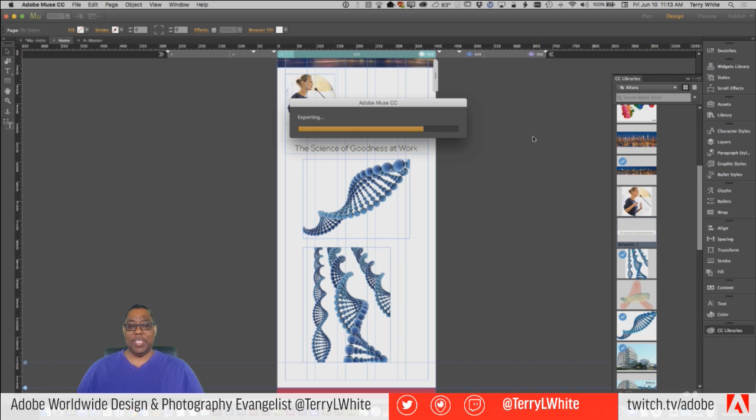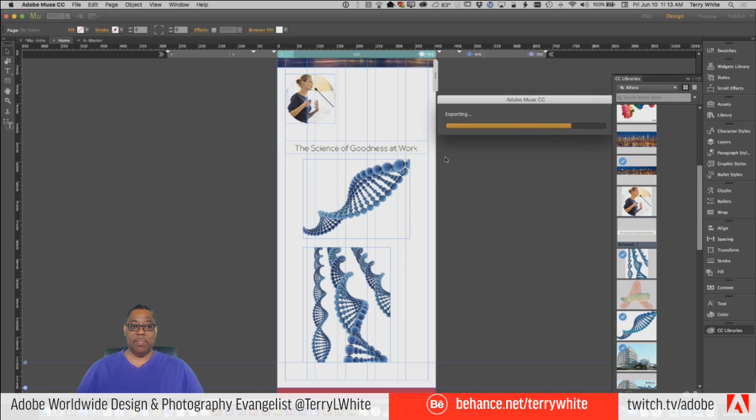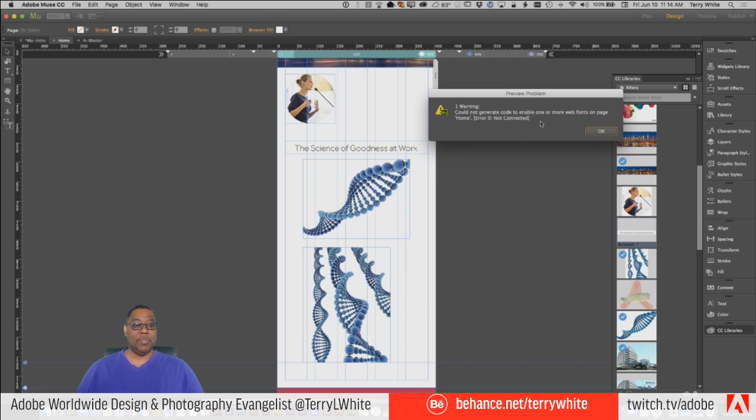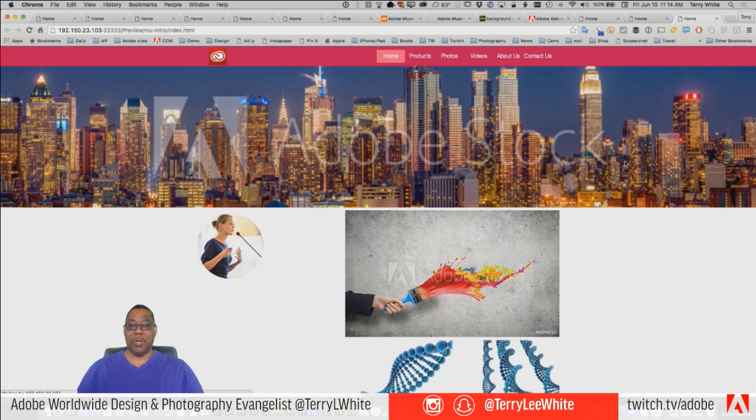Sometimes rendering the graphics or HTML does take an extra second or two, depending on what you've got on the page. Although it shouldn't take that long, for what I've done at least. Thinking about it. Uh-oh, something's wrong. Oh, I don't know what font it's using. Okay, that might be a problem.